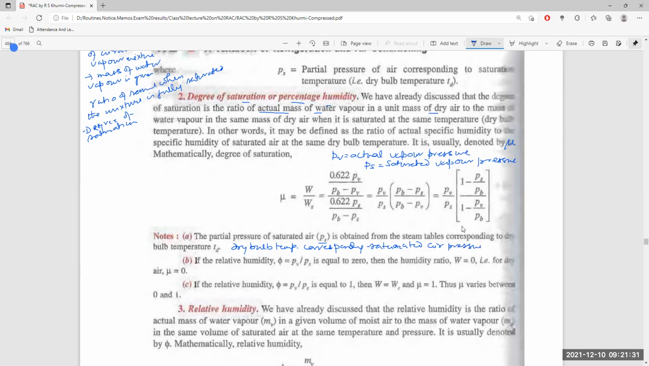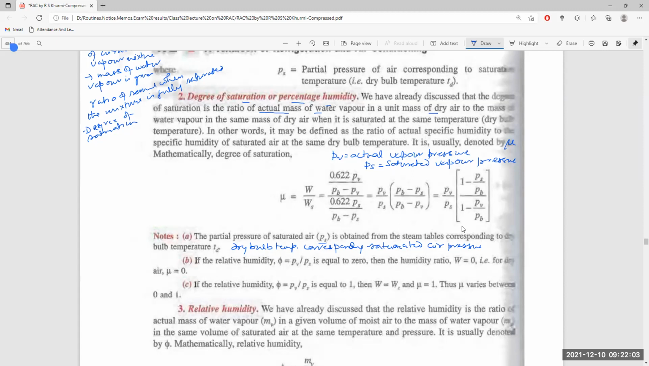If both are available, then partial. If dry bulb and vapor pressure are available, from the steam table you have to get the saturated vapor pressure. If the relative humidity, that is phi, which is PV divided by PS, is equal to 0, then the humidity ratio W is equal to 0. For dry air, mu is equal to 0, which means saturated vapor pressure, relative humidity, what is given as